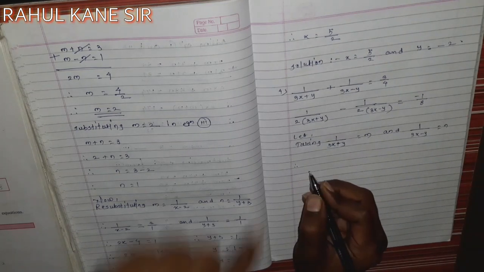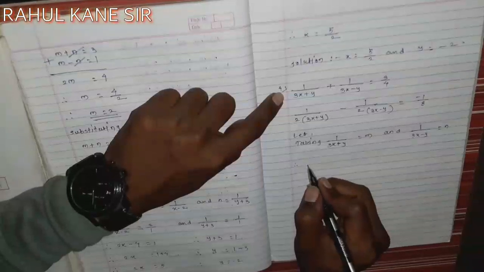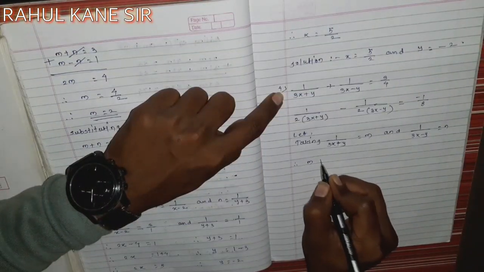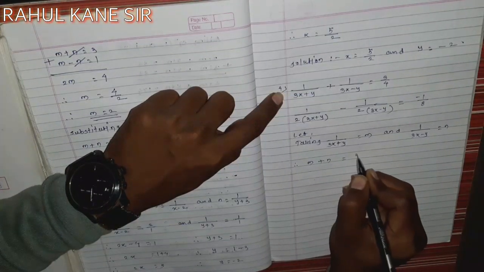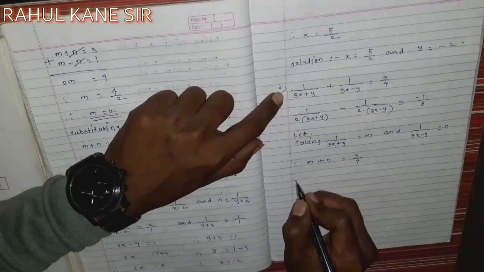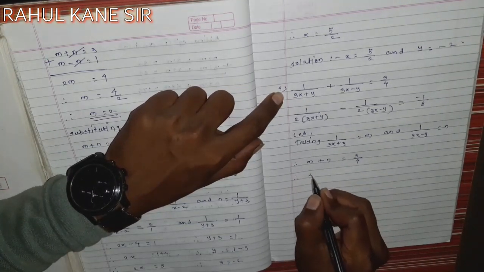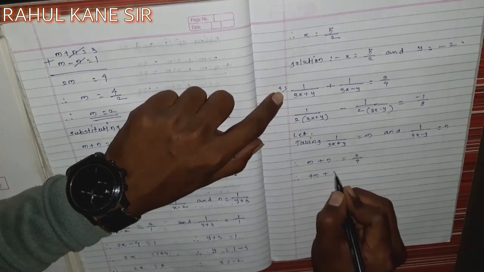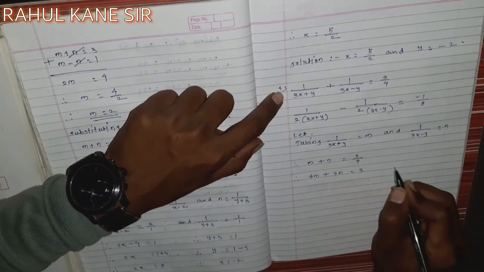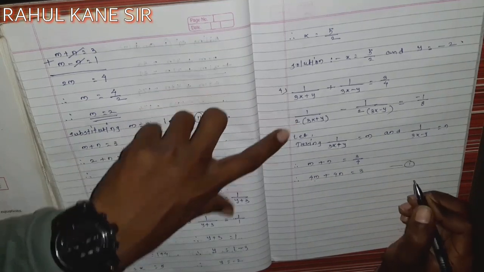So we get m plus n equals 3 upon 4. By cross multiplication we get 4m plus 4n equals 3, equation number first. And